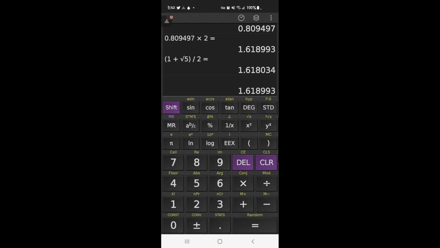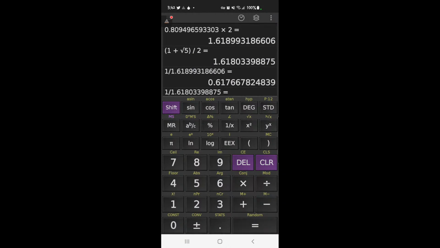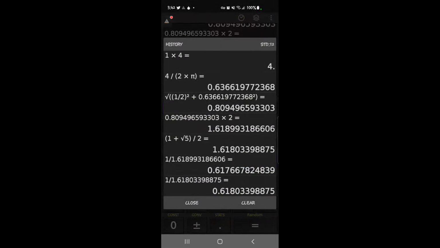For example, if you do 1 divided by that one, it gives us 0.617, as opposed to the golden ratio, and it's the reason why it's known as the golden ratio. 1 divided by the golden ratio gives you the golden ratio minus 1, which is rather extraordinary. If we input precisions just to see exactly what we're talking about, right there, and that one right here, that's a golden ratio,